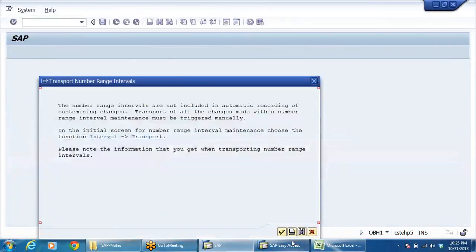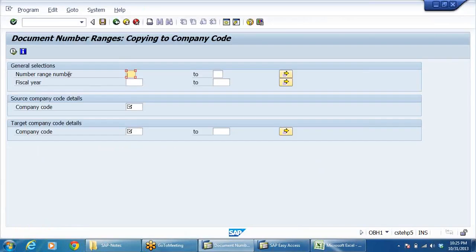Check here. Right, number range number 0, 1, 2, I can say ZZ. Means whatever number ranges are there I can take. Otherwise we have up to, okay, I'll say up to 30.